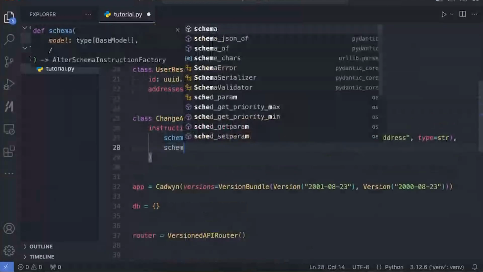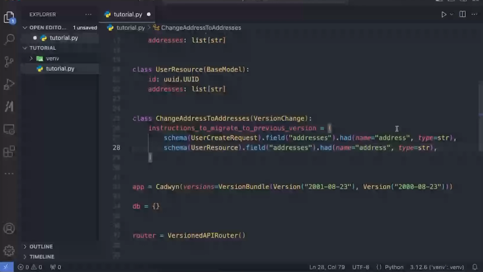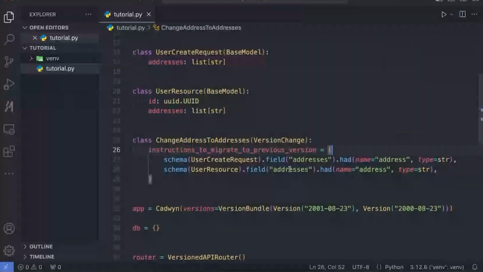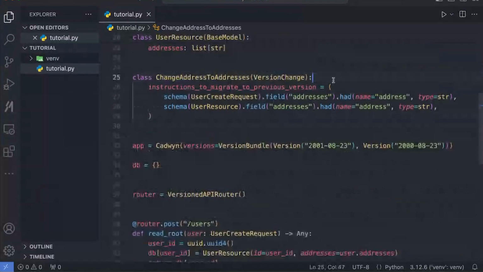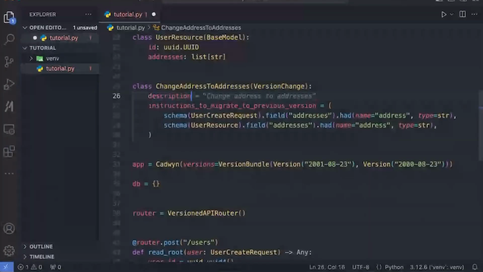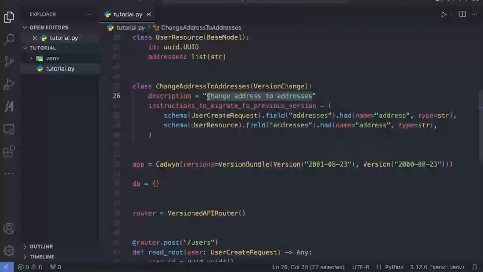And same goes for our user resource. Okay, that's it. Cadwyn already has enough information to migrate stuff. Let me show you. We forgot to do a description. So each version change still has to have a description. This is what we will use in the change logs, and this will serve as an internal documentation to you and to everybody else at the company so that they don't forget why we actually did what we did. We'll use a dummy one here, but in general, I advise you whenever you're making APIs, and especially API versions, describe the why. Describe the why we did it.